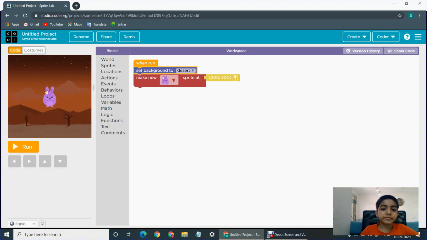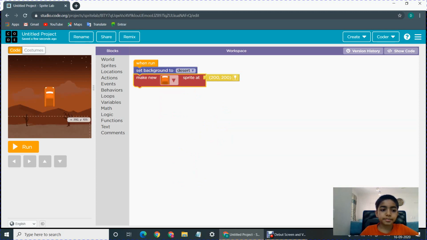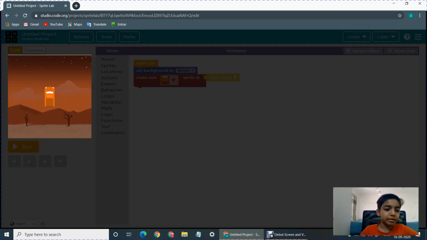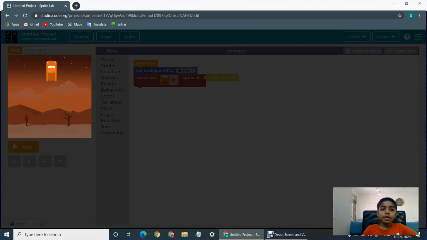So first we are going to select a car, any car you like. I told you, press this lever button to change the location of our sprite. Then we go to the play area, and then we just move our cursor, and then we place the car in the appropriate place. So we place it,